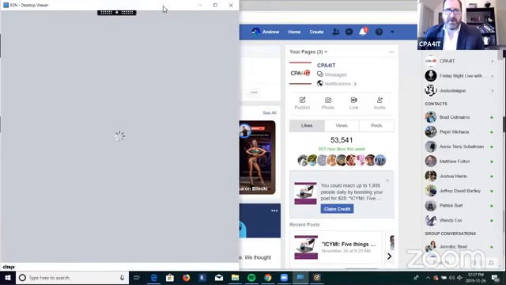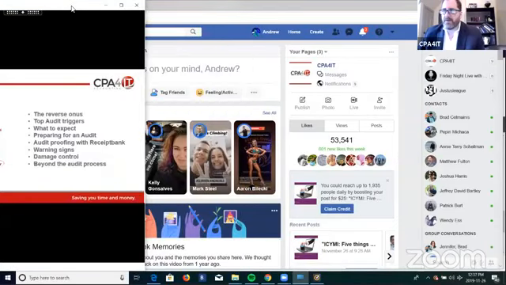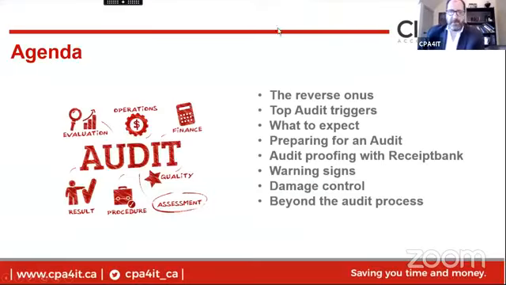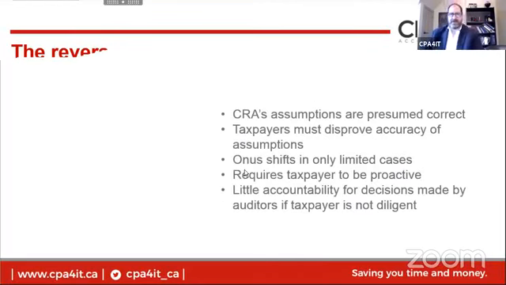Come on, computer. Okay, it doesn't want to work for me. Anyways,